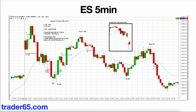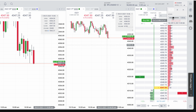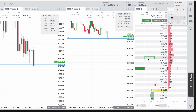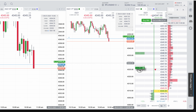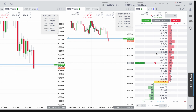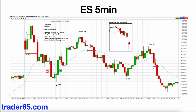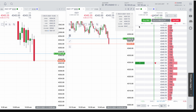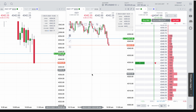So this part of the trade. Look what we have. Let's go a little bit slower. We break below, then we have a couple of moves up and down, and then it starts to go down. Right now we are okay to move the stop to break even and wait to see what is going on. We should wait here one or two candles. It is pretty okay, we have around 10 handles, and I managed to close